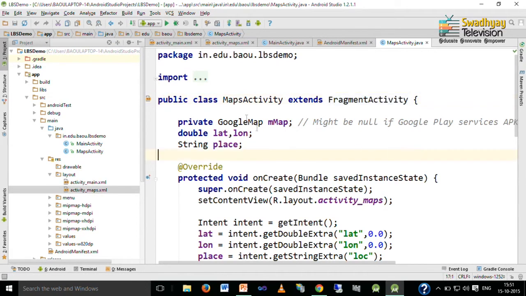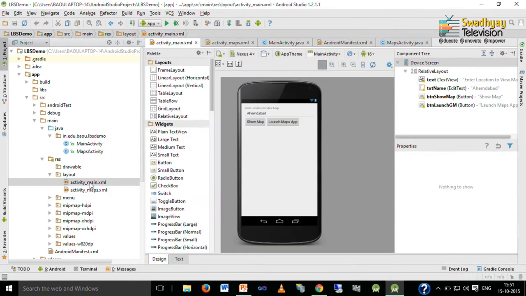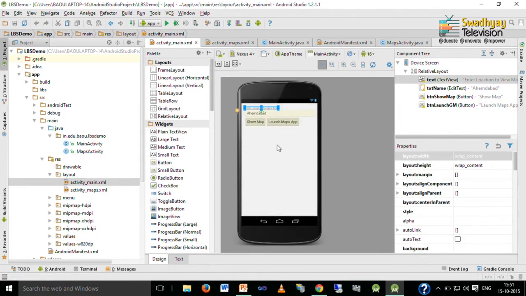Now, before we understand this, I have created another activity for use in the program, which is MainActivity, and its XML file is the activity_main.xml file. So, first we understand this interface. Here it is very similar to the previous program.